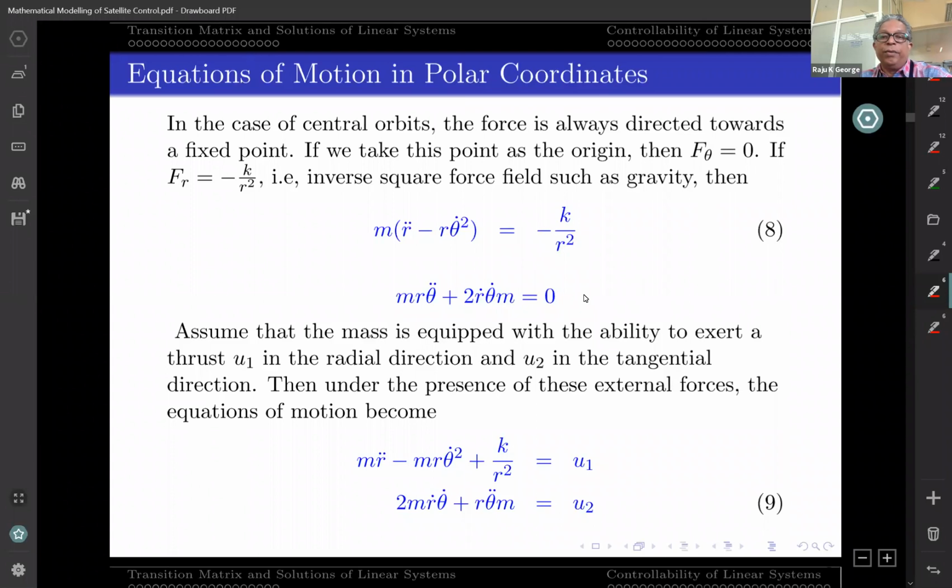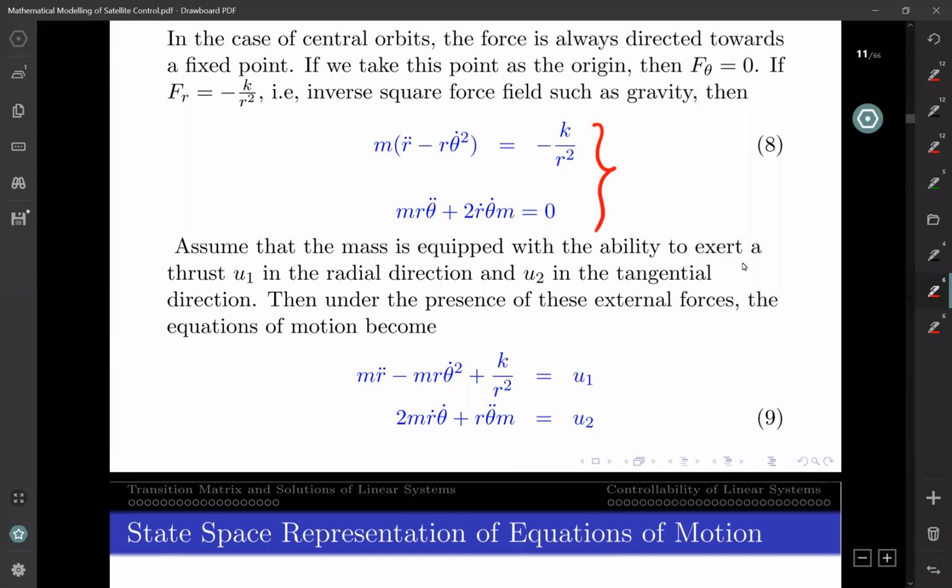So we got two equations. These are the two mathematical equations describing the motion of a satellite about an orbit, where theta is the angle and r is the radial position. Now assume that the mass is equipped with the ability to exert